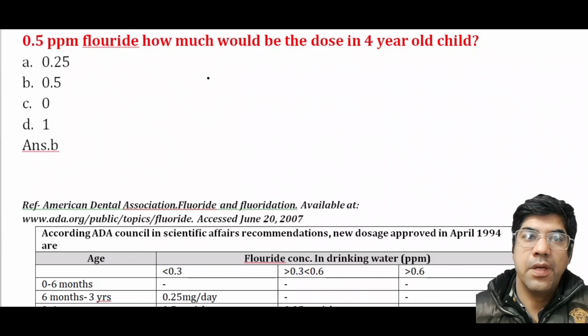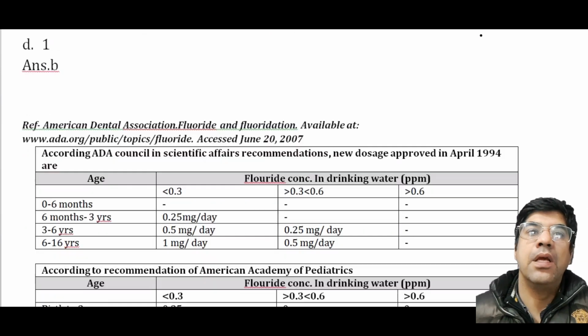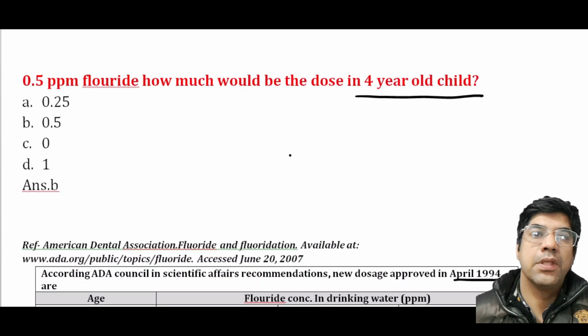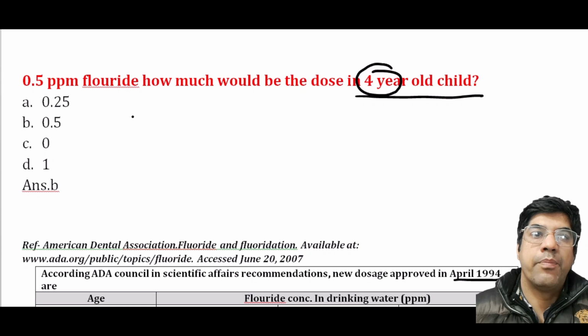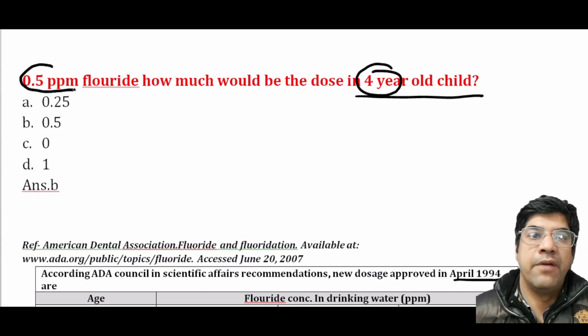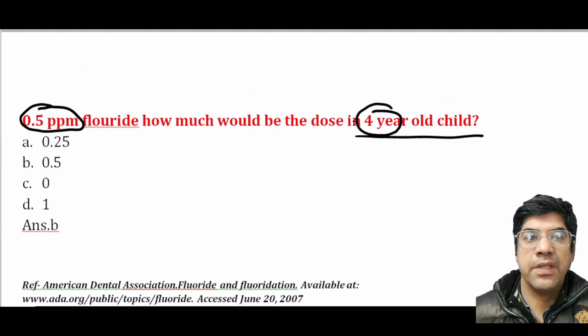Coming to the next question, 0.5 ppm fluoride, how much would be the dose in the 4-year-old child? So remember this table. So here in the question, the dose for a 4-year child and fluoride mentioned is 0.5 ppm. So for a 4-year child with 0.5 ppm fluoride concentration,